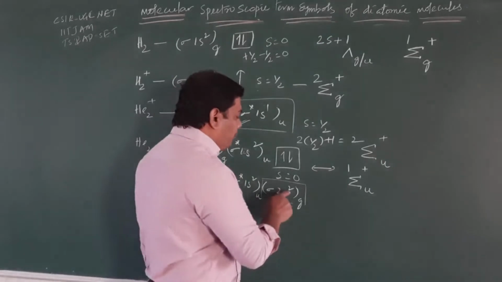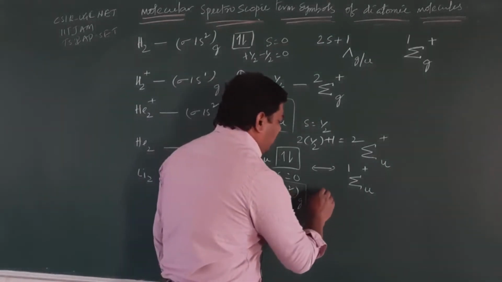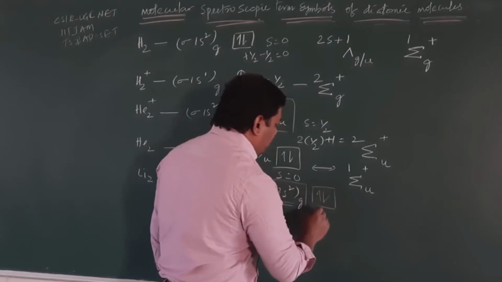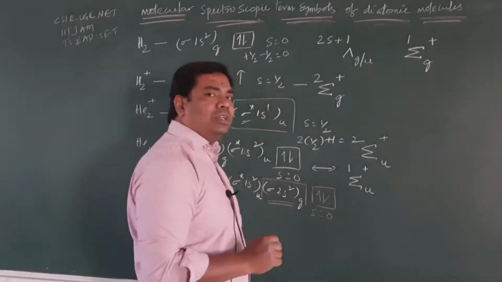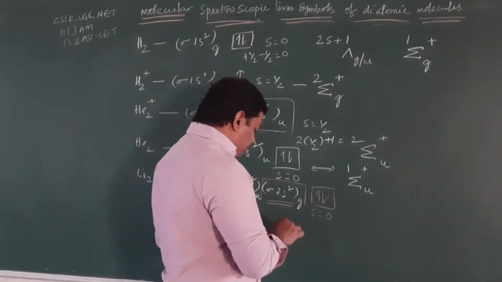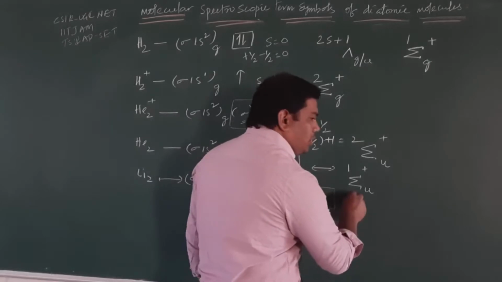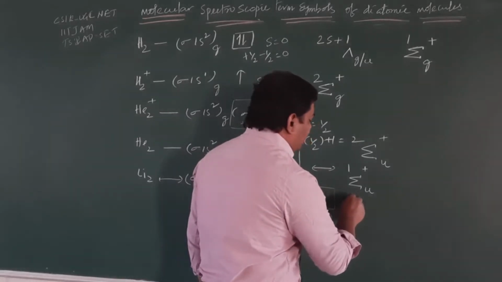That is the rule. Here the electrons are completely filled. So this 2s orbital is completely filled, student. Therefore, what is the S value? 0. So what is the S value for this case? 0 only. If the S value is 0, student, what is the spin multiplicity? Spin multiplicity is 2S plus 1, so that is equal to 1.